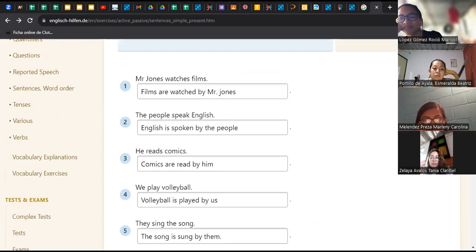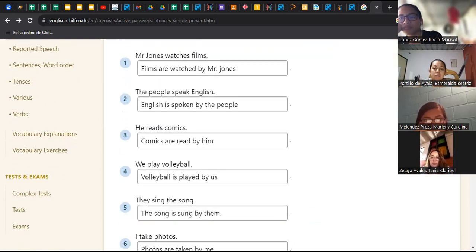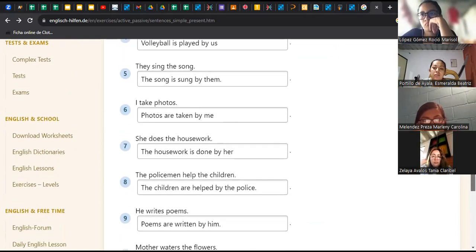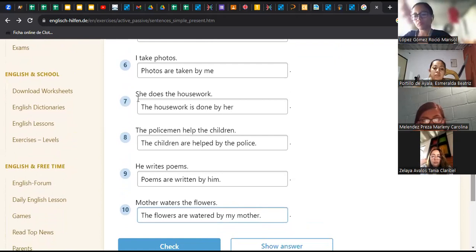I'm going to take a screenshot from these sentences, give me a moment, because these are the correct answers, even though the exercise omitted the agent. The exercise omitted it, but you can include it or not. I mean, only when you have, for example, she, they, that is not specific, okay?